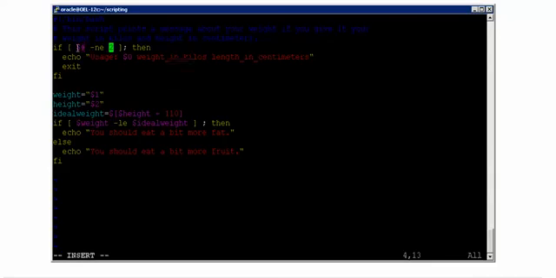You are saying if the arguments are not equals to 2, that means if it is less than 2 or greater than 2, then definitely you have to exit, telling that usage is only by giving weight in kilos and height in centimeters. That's it. Apart from that, you cannot pass in any arguments of your wish.